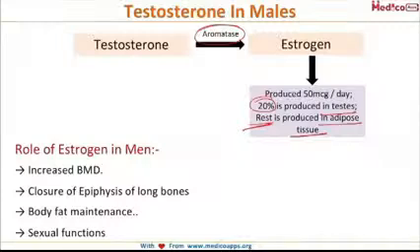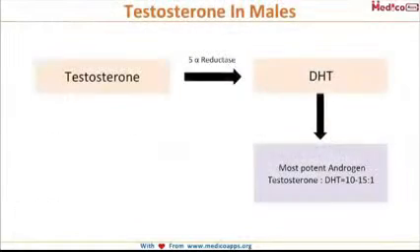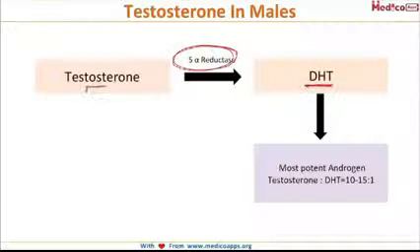Now we said that this testosterone is also converted into dihydrotestosterone. So what is the enzyme involved in that? It is 5-alpha reductase. This 5-alpha reductase converts testosterone into dihydrotestosterone, which is the most potent androgen. Okay? And what is the ratio of testosterone to dihydrotestosterone? It is 10 to 15 is to 1. See, the most potent androgen, less in amount. So, the ratio of testosterone to dihydrotestosterone